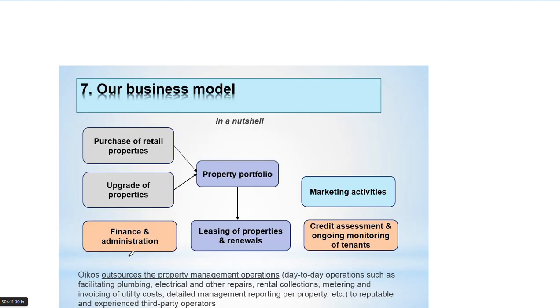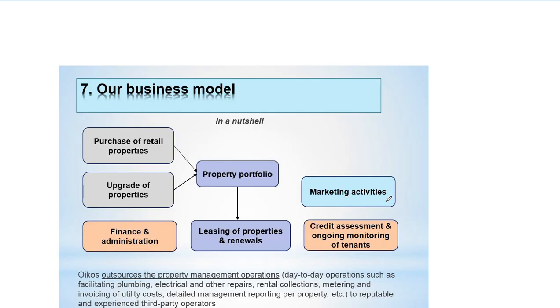And they have the supporting divisions. So what is the supporting division? It will be finance and administration. So what is finance and administration doing? The finance, obviously, is working on the financial statements. They're administering the rents and all those things. They're making sure that the company pays the tax over to SARS, all the finance and administration types of work. And then there's marketing activities. Remember that each and every company needs to market themselves in order to be known by their clients. So they need to market themselves so that they are known by people who will wish to be their tenants. So marketing is also a supporting division.